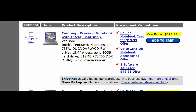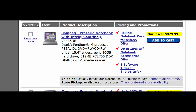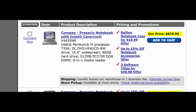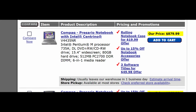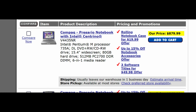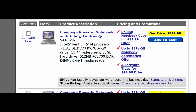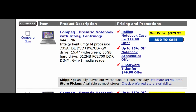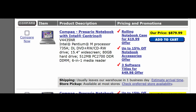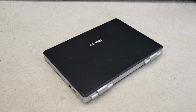$879.99. For that money, you got an Intel Pentium M 735 CPU clocked at 1.7 GHz, and Intel GMA 900 graphics, 512 MB of RAM, an 80 GB 4200 RPM hard drive, DVD-RW drive, 15.4-inch display, and of course, Windows XP. Though it is technically Vista capable, but on this kind of hardware, I think you can imagine how well